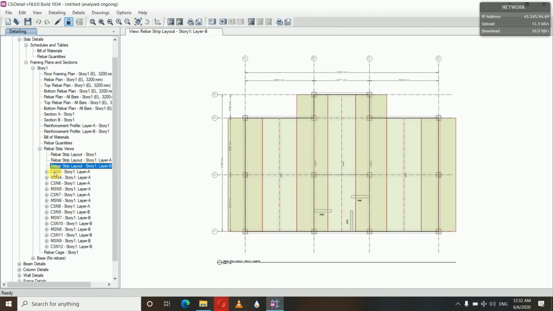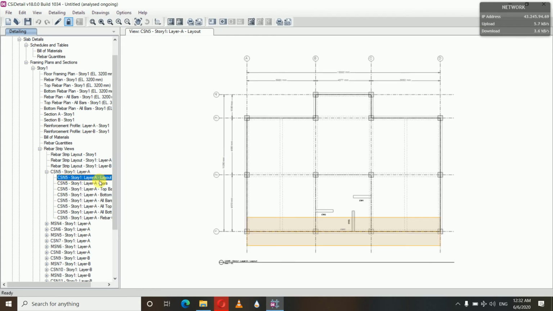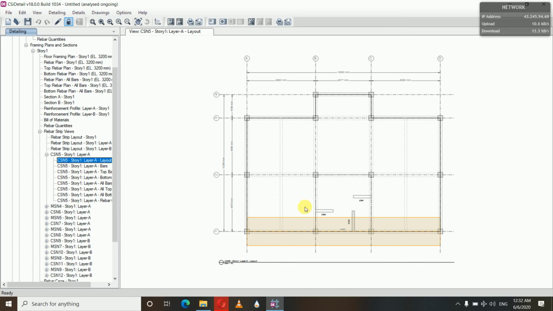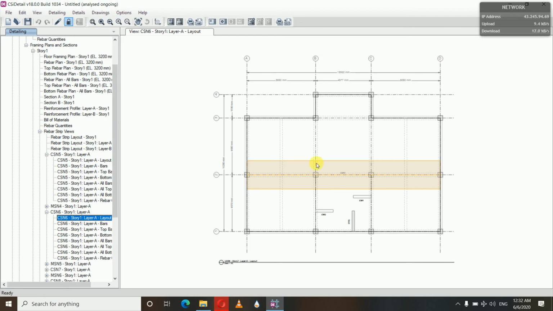Similarly, here we have the corner slab and the middle slab. For the corner slab in story 1 layer A layout, you can see for the different zones we have different layers. This is for one layer, and this is for another zone.